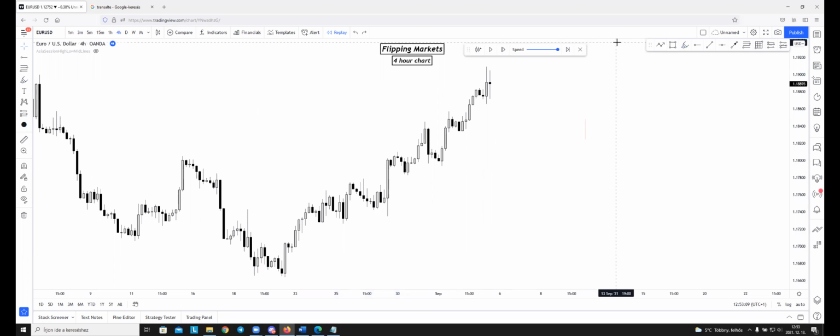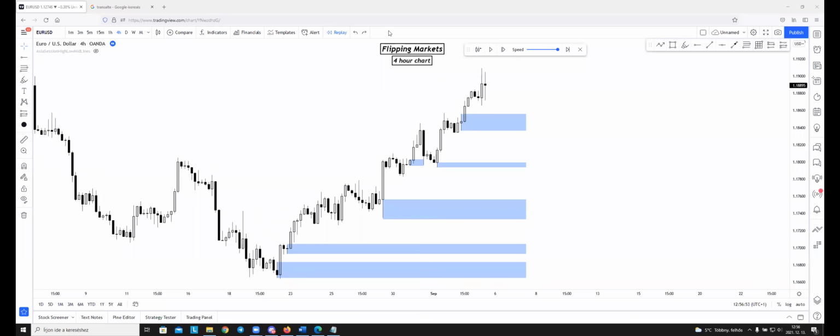Let's begin. So the 1 minute is over, and as you can see, I drew all of the zones that have at least 2 criteria: